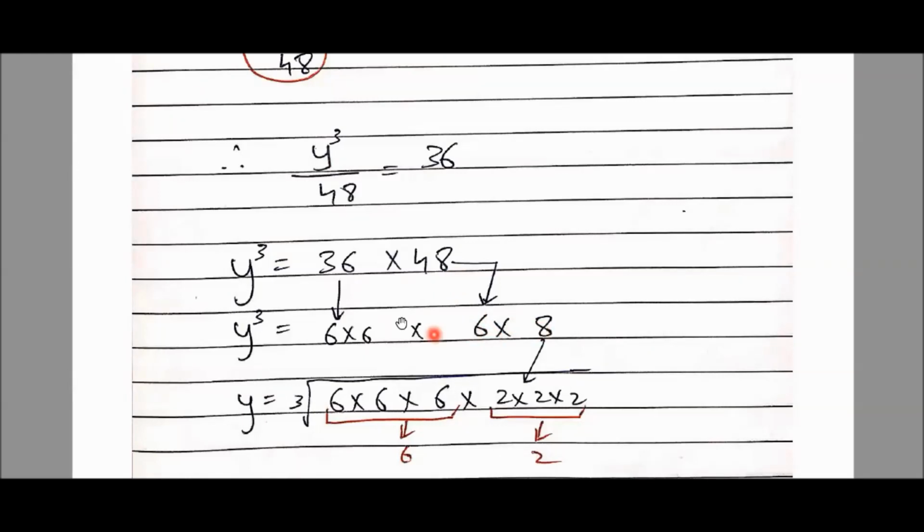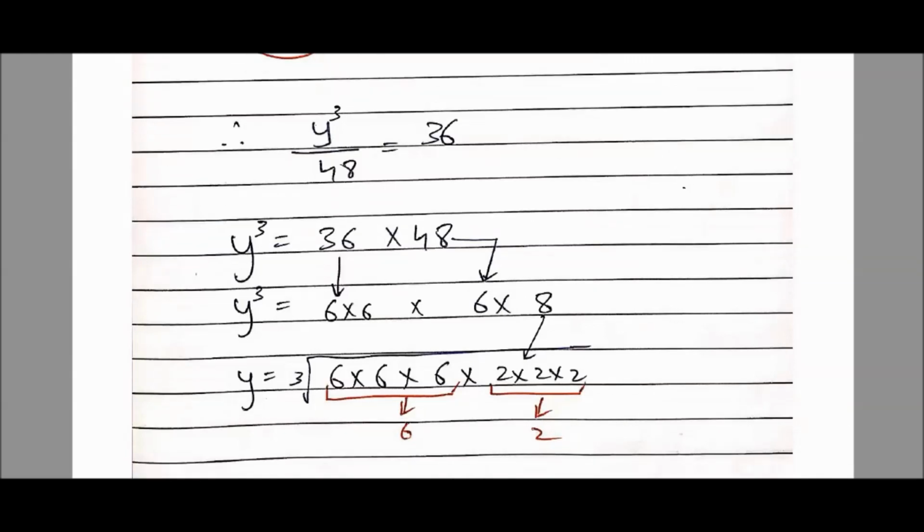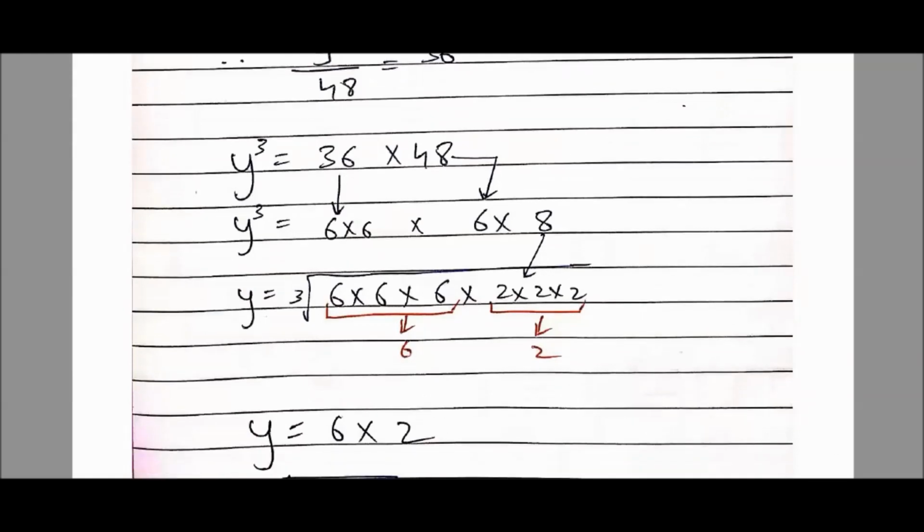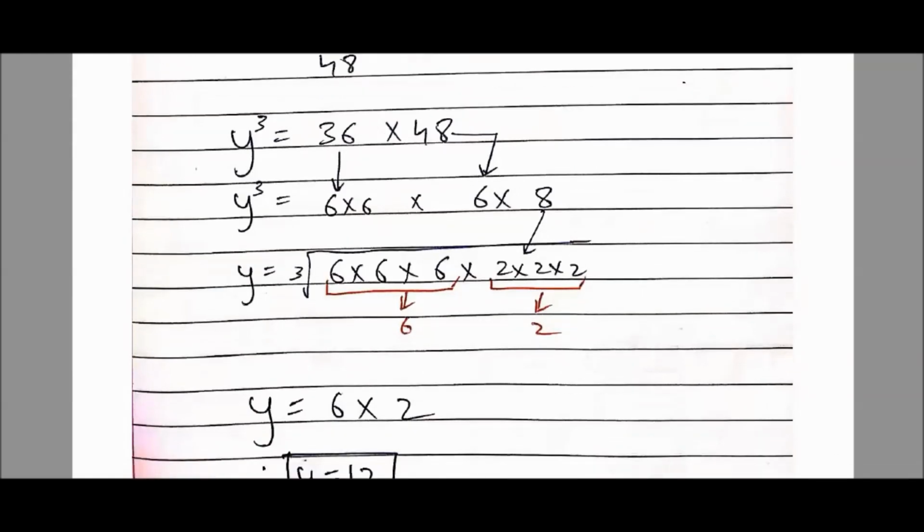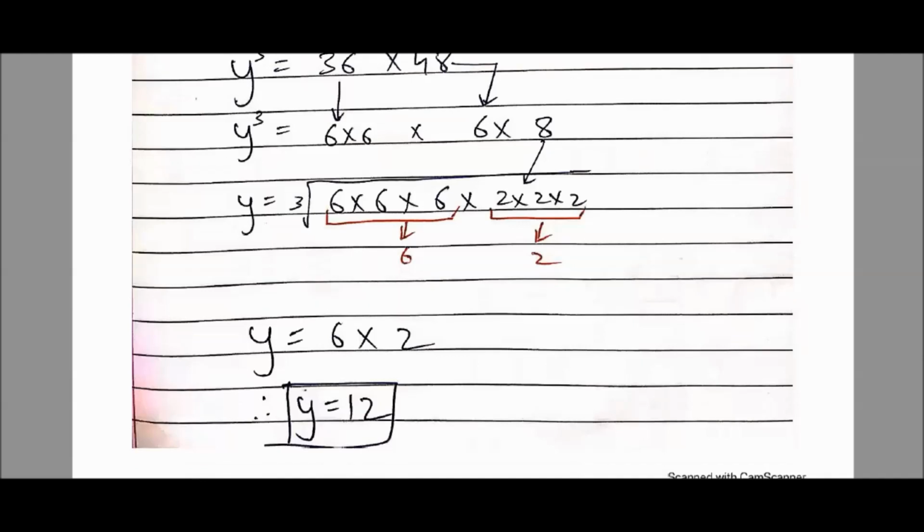Okay. Now, cube. The cube of left side, when goes on the right hand side, it becomes cube root. Cube root means 3 numbers ki jodi banegi. Out of 3 numbers, 1 number will come out. Oh, amazing. See, now I have 3 times 6. 1, 2, 3. So 8 times 6 baar aayega. And this 8 can be written as 2 into 2 into 2. So 8 2 baar aa jayega. So can I say y ka value will be 6 multiplied by 2? Understanding all of you? So y is equal to 6 multiplied by 2. Y is equal to 12.